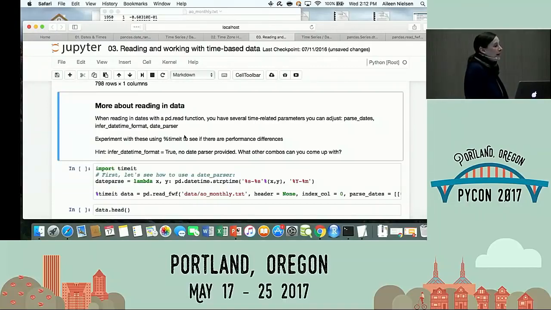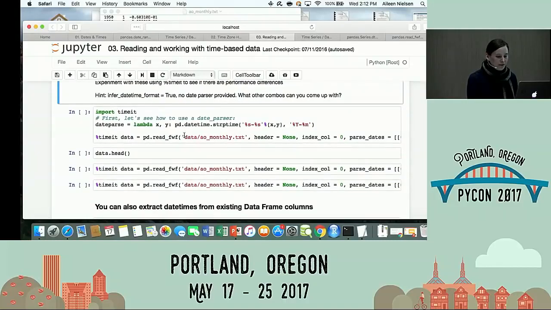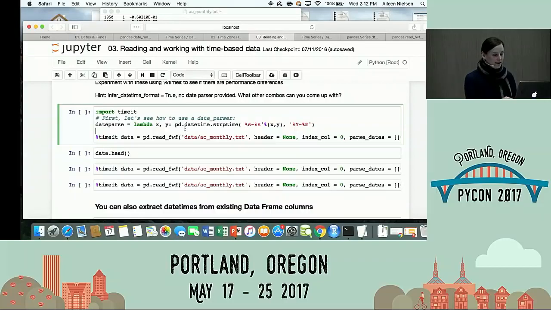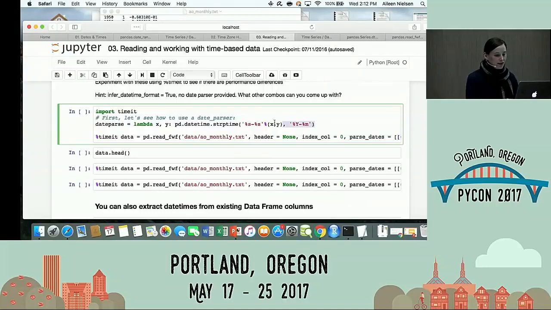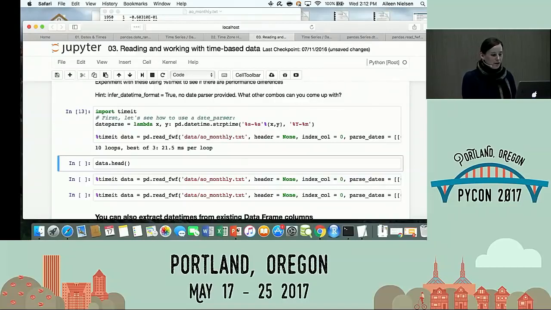faster. Sometimes passing it a parameter string can be faster. With this file I'm using, it's really small, it doesn't matter, but if you ever have a few 100,000 rows or a few million rows, some mega data file, you probably are going to want to be a bit thoughtful about how you ask it to parse the dates, because parsing dates is not necessarily that fast. So I've got a few examples here, right? You can give it parse dates and a date parser, like this. So if we give it both the columns to parse and also a date parser, which tells it what kind of string it's expecting. Let's see, the best of 3, 21.5 milliseconds per loop seems okay.